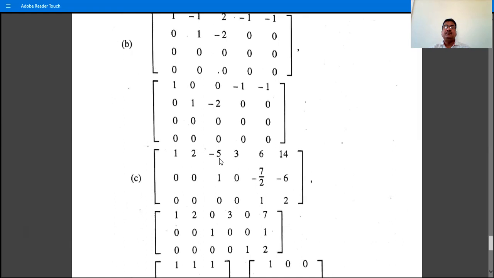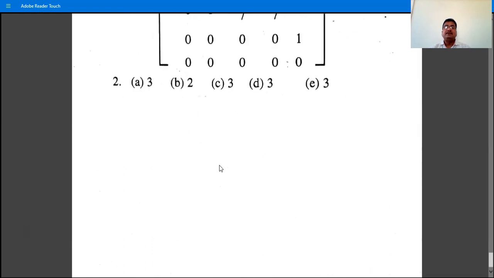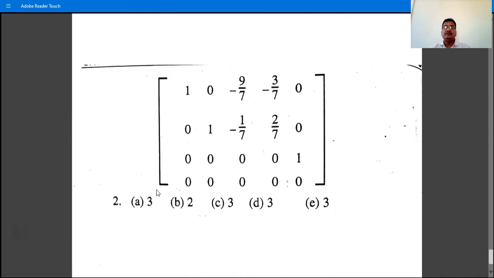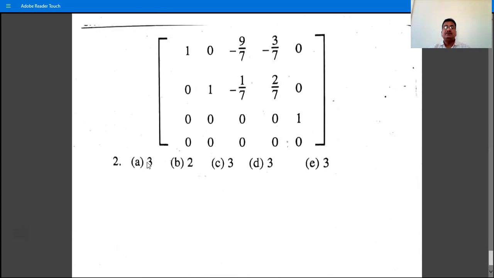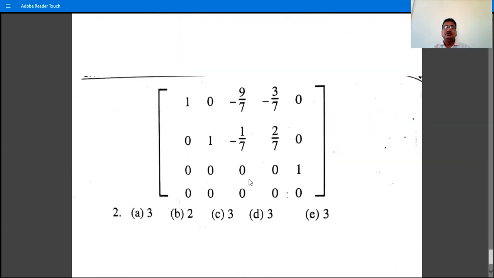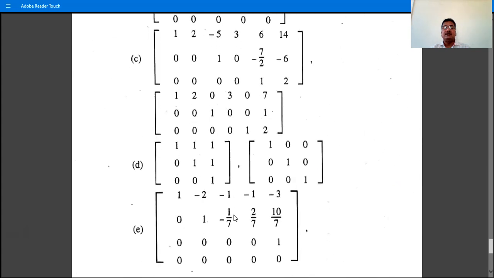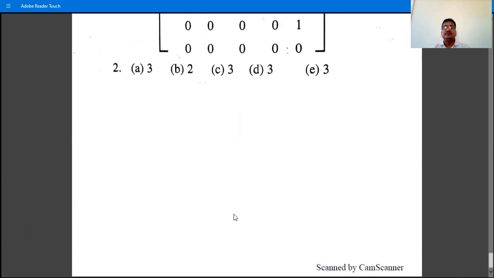So these are the reduced row echelon forms and echelon forms of these examples. This is the answer to the first problem. That is, these are the echelon form and reduced row echelon form of each matrix. And for the second question, the rank of the first matrix in question A is 3, the rank of the matrix in B is 3, then 2, and in this way. That is, solve all these examples. These are the answers to the problems.